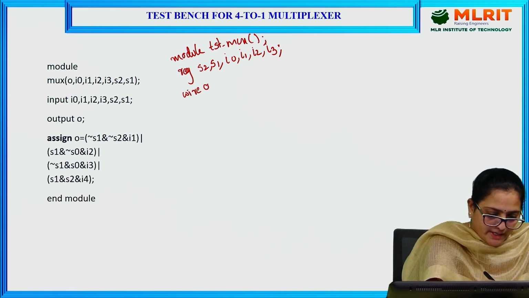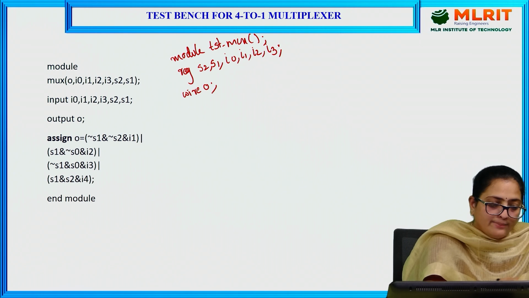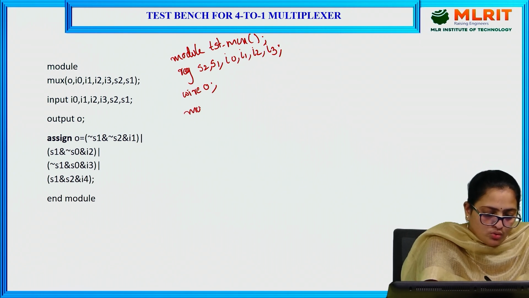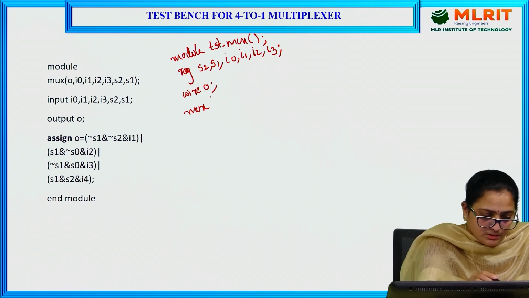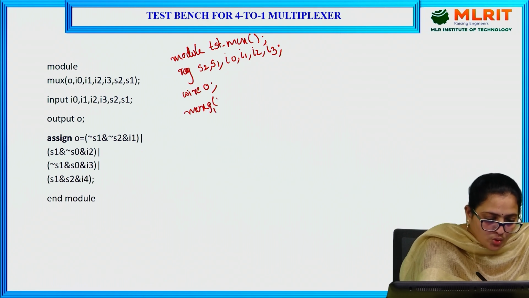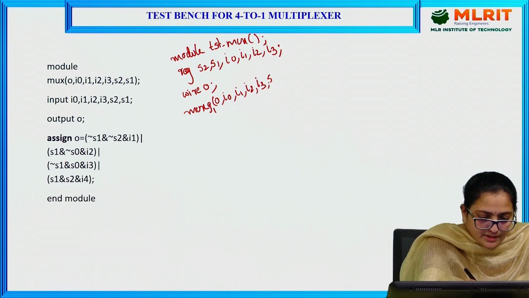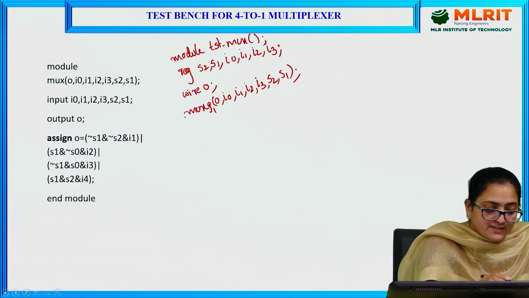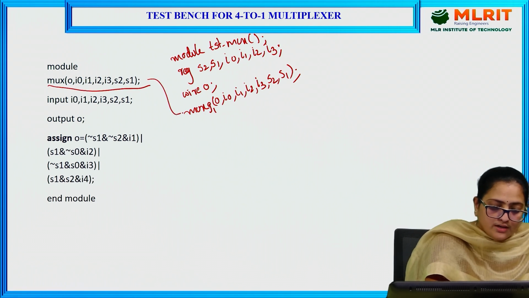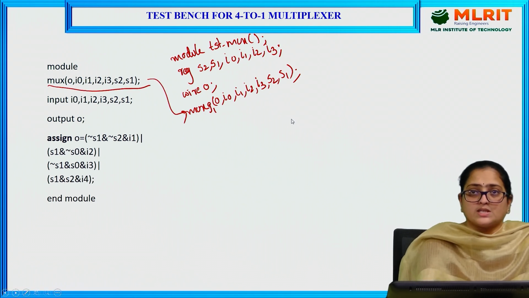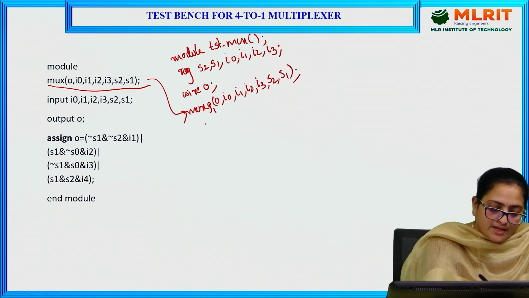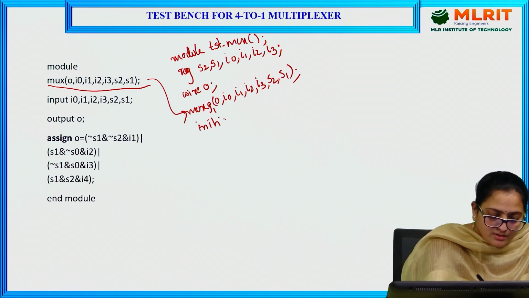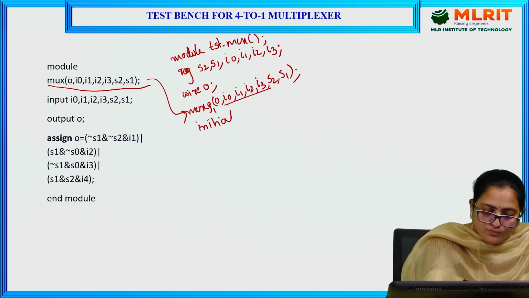and the output is given with the wire O. Now, I am calling the same module name here to allocate the values to the design description. MUX, gate name G1, O, I0, I1, I2, I3, S2, S1. So, this is the same design description name which I am calling here to execute with the respective input values. Again, initial,